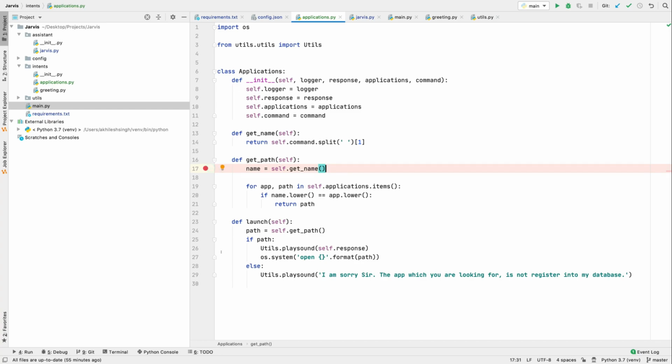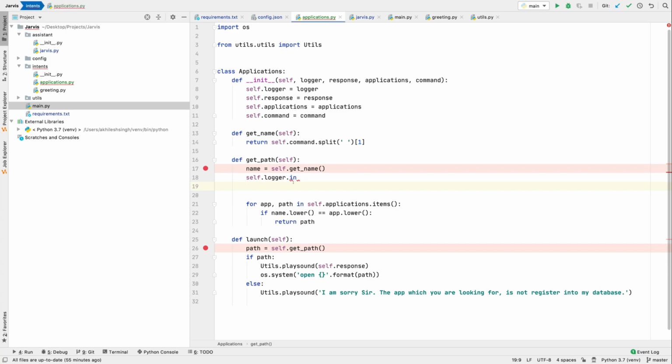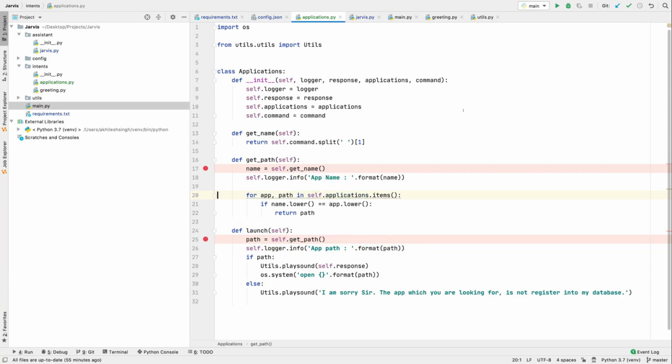And I'll just log with self.logger.info, and here I'm going to have app name.format name, and I'm just going to copy this and paste it here, and instead of name I'm going to have the path. Yeah, that's it. So now let's debug it.